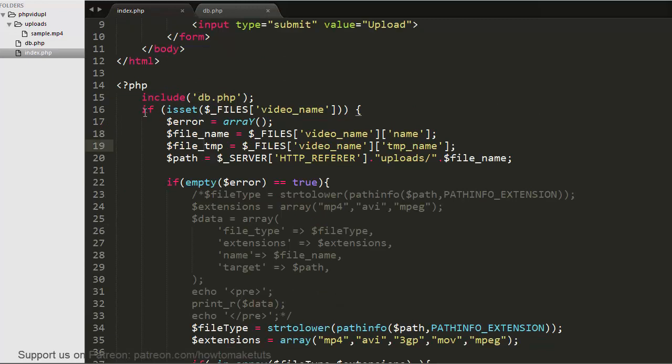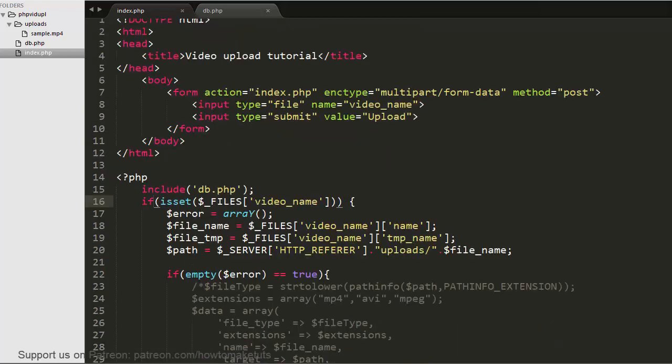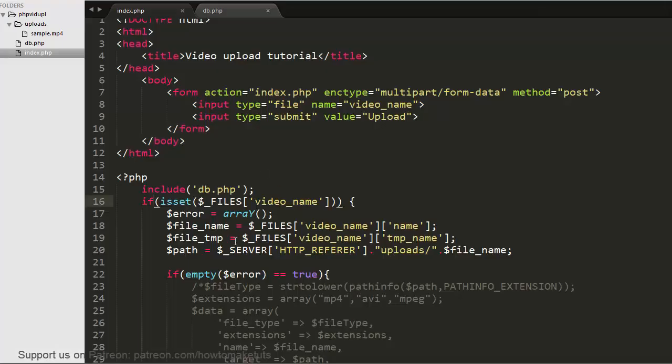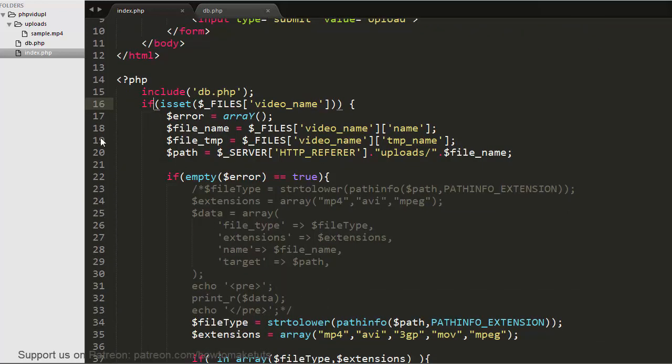And then I have made a condition here using an if statement. Here I'm checking if the user has selected any file. Then what I'm doing is I'm taking all the data of that file. Okay, if the user has successfully selected the video file from the system, then control will come inside this if